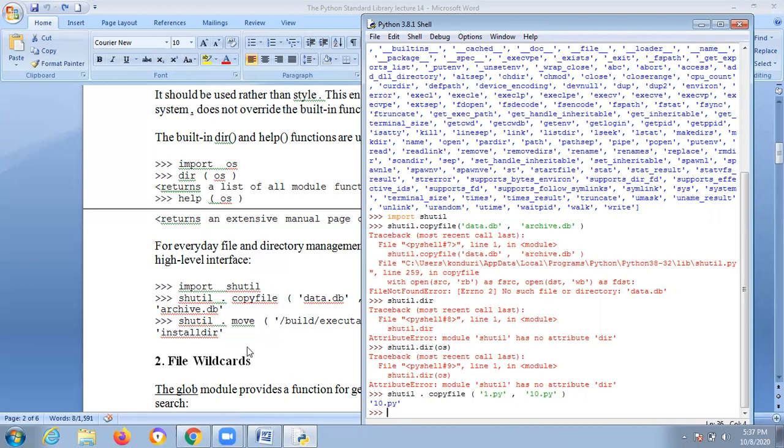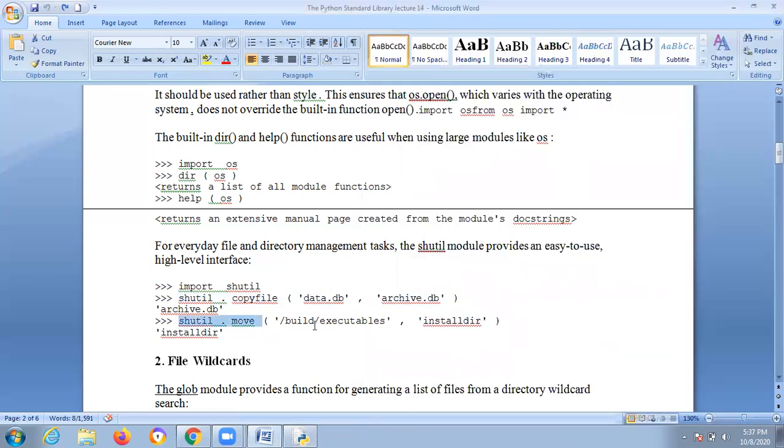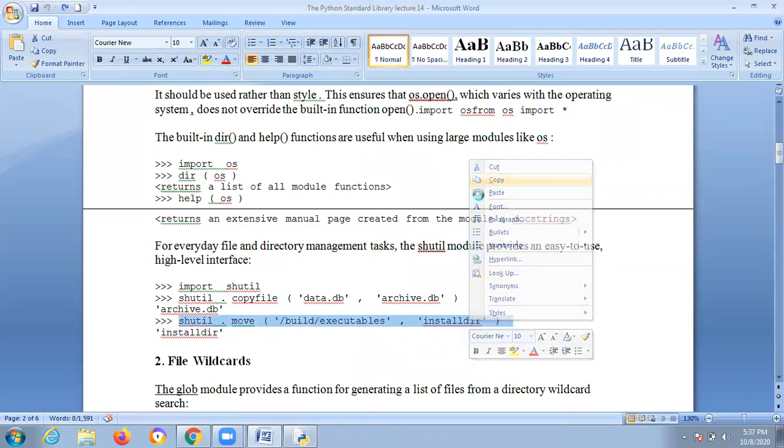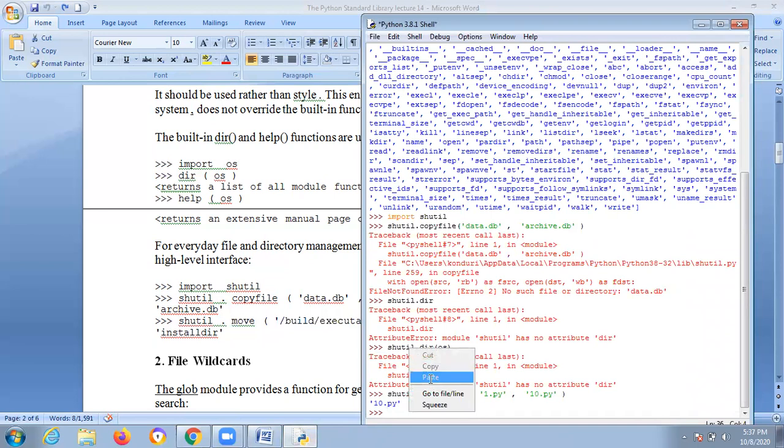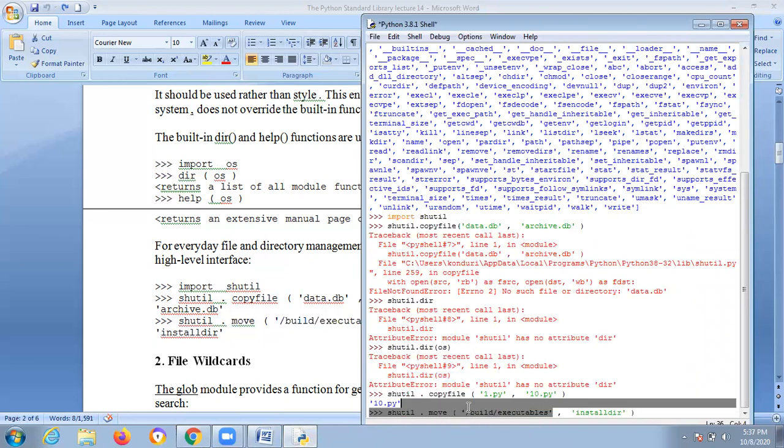Similarly, shutil.move. Assume that you have 1.py and 10.py, and assume you are having another one, 11.py.